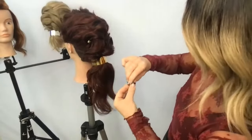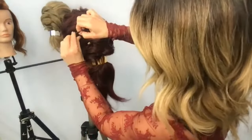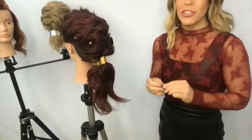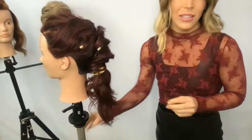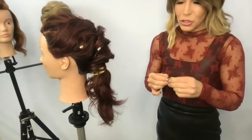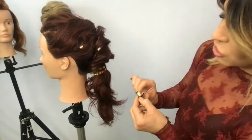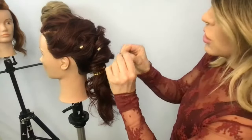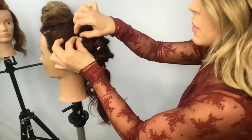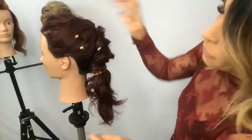I think these are super fun and exciting and an easy way, especially if your guest is not blonde when they come in for a finish. I do work on a lot of blondes. See how that's already starting to give it more movement? If your guest is not blonde, and not everybody can be blonde, and they do not have a lot of dimension in their hair, sometimes we have to do things to show off a little bit more dimension. And this is really important too: when your guest comes in for a finish and shows you a picture of a blonde, and let's say their hair is a dark red or a brunette,